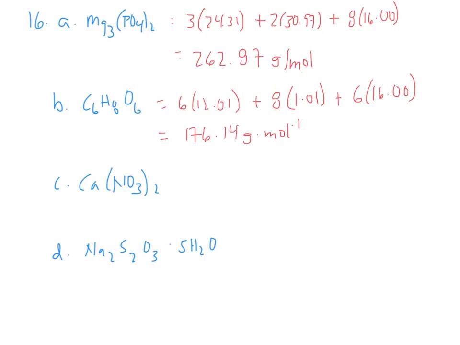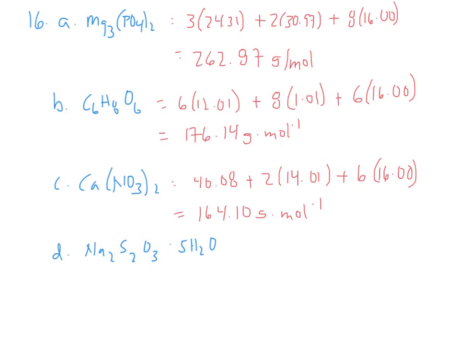Whichever one, it all works. You should just be able to recognize it. For C then, calcium 40.08, and there's just the 1, plus the 2 nitrogen at 14.01, and 6 oxygen at 16, gives you a molar mass of 164.10 grams per mole. And then finally, Na2S2O3 with 5 water is going to be the 2 Na at 23